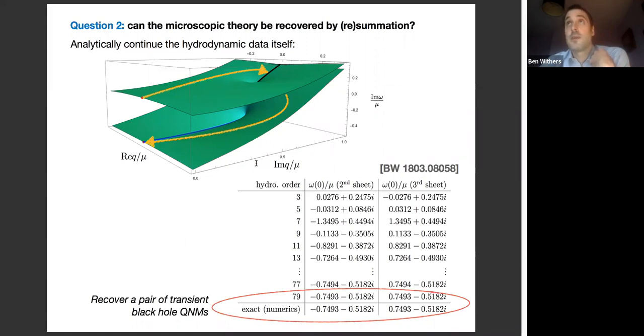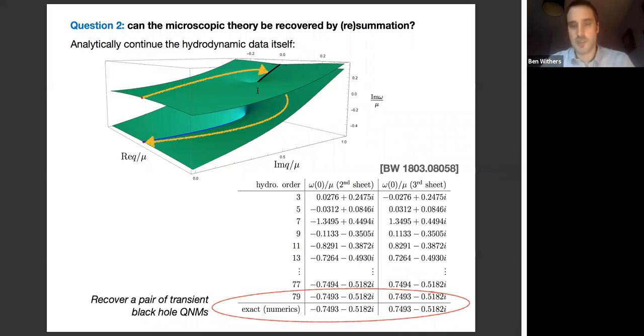So when you take the Padé summation of this series and you replace q by z squared in that way, and then you compute the result, when you undo that variable transformation, you go back from z to q, you have 2 sheets to choose from. You have the plus and minus roots for z. One of those roots will give you this, and the other root will give you this. So it's basically unwrapping this square root into a single sheet.